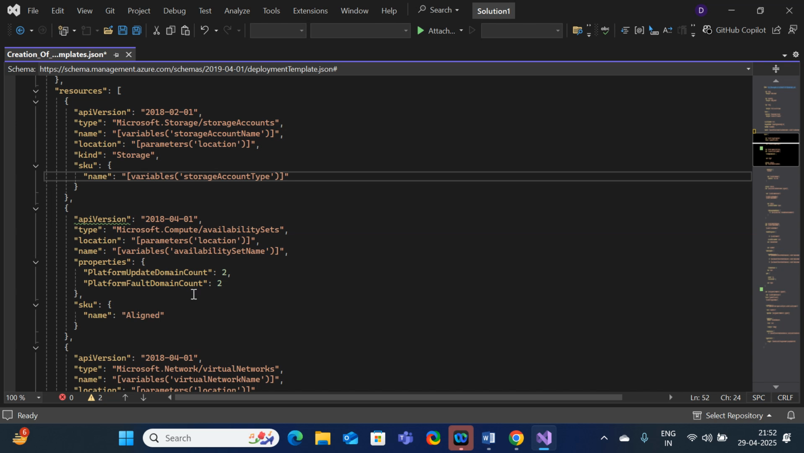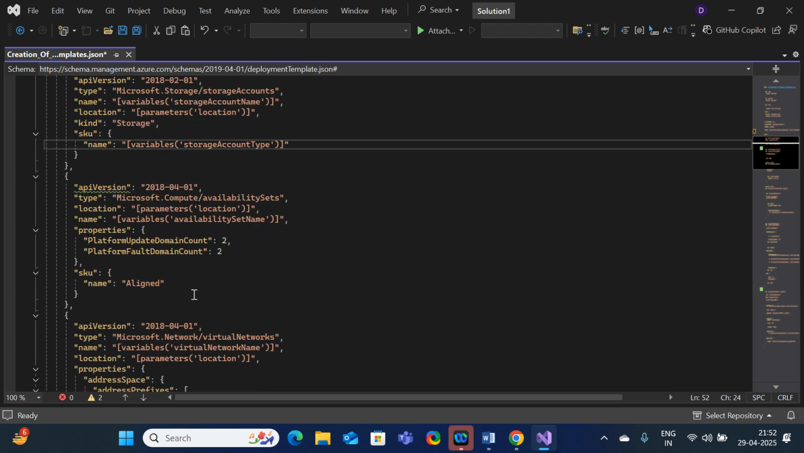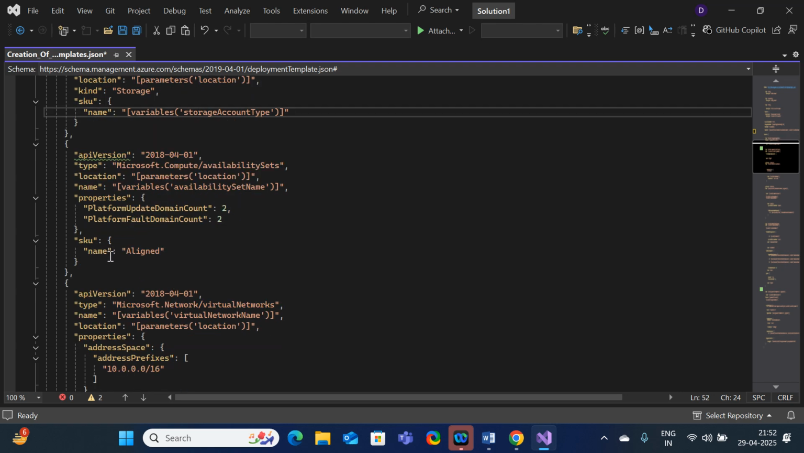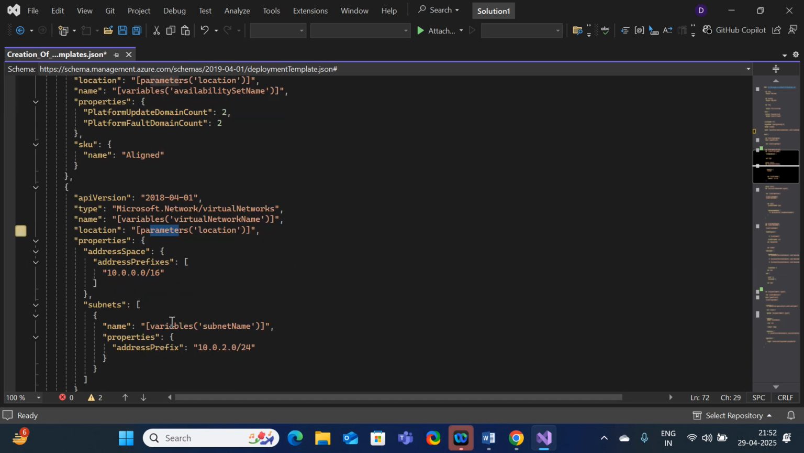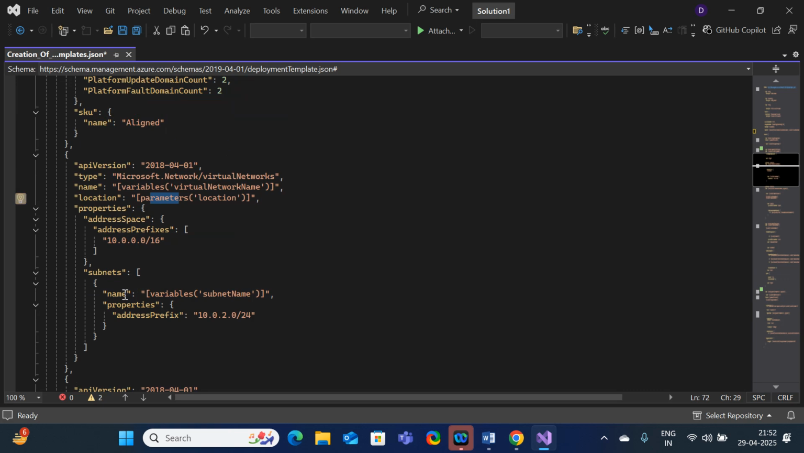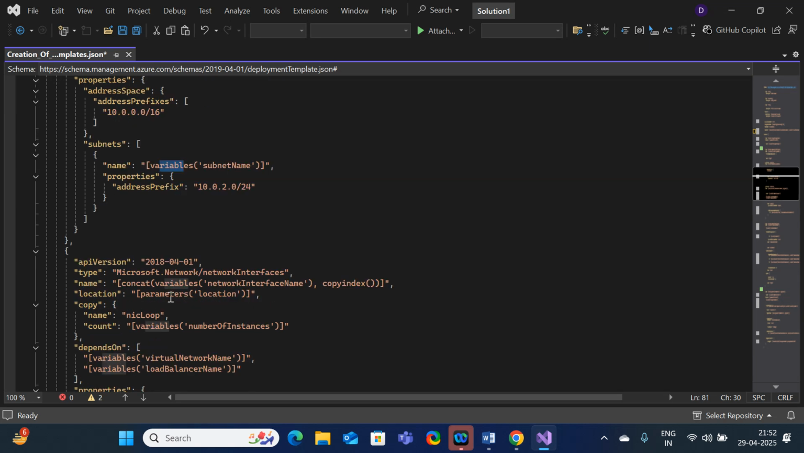So this thing we had already discussed in the availability set session. Remember guys, if you forget about that, just please refer to the early sessions, then you will have some kind of better understanding. What do you mean by availability set? Here SKU is name aligned. And coming to the another resource which I am going to create is virtual network. For the name, it is going to refer variables. For location, it is going to refer parameters. And subnet name, it is going to refer variables. And coming to